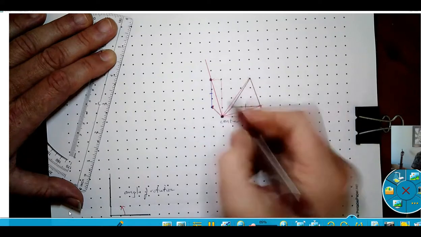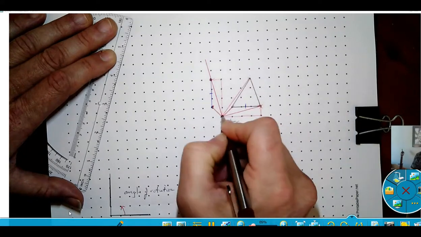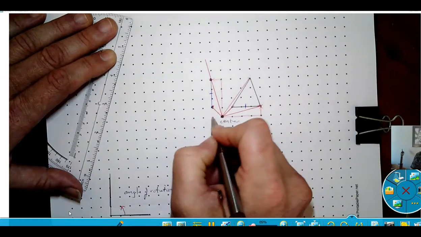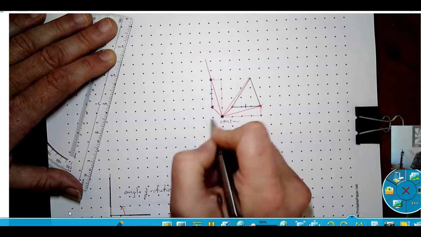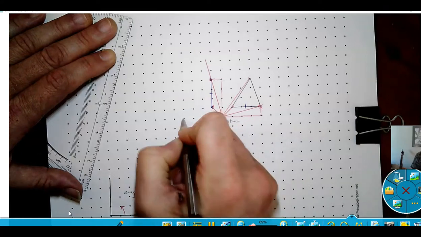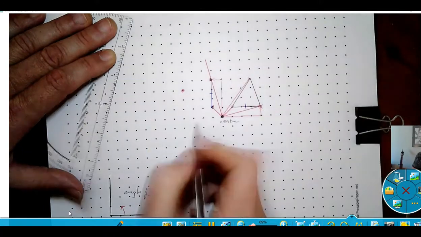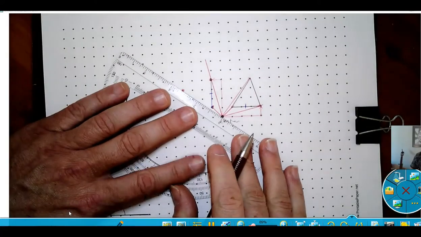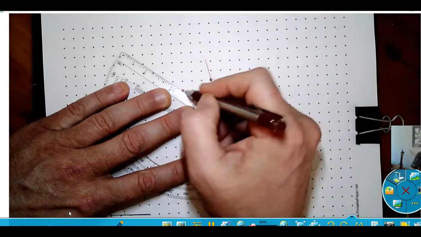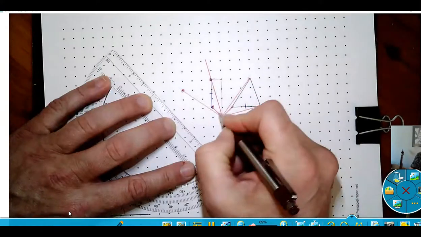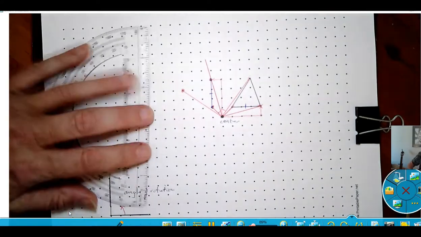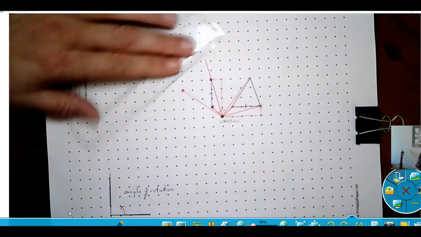So if I rotate this 90 degrees, let's see here, that will be 1, 2, 3, 4 to the left and 3 up. So that puts it right here. And that should be at a 90-degree angle to this side. And you can see, right, that it is a 90-degree angle. So now that I have my last point,